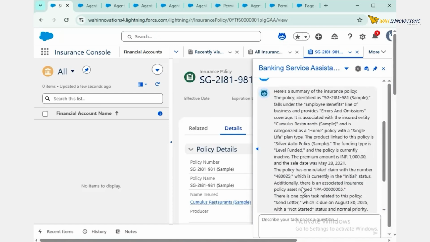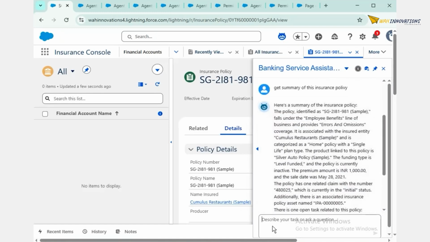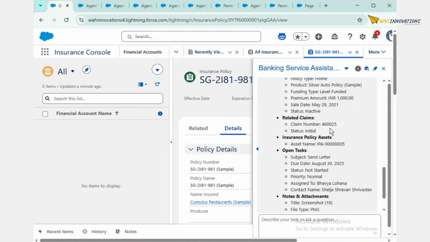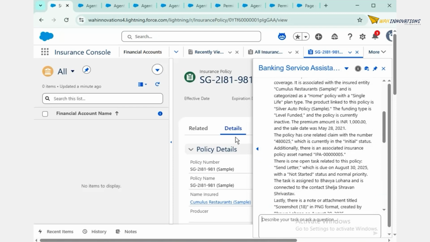It has given us a summary of the insurance policy. We can change the format of it also. We can get bullet points. Suppose we get policy details. These are all the details: related claims, claim number, its status is initial, asset, open task, and notes and attachments. So it gives all the details about this insurance summary.